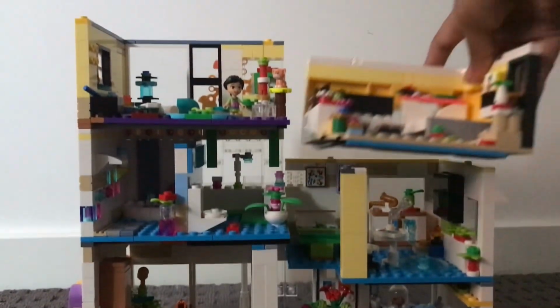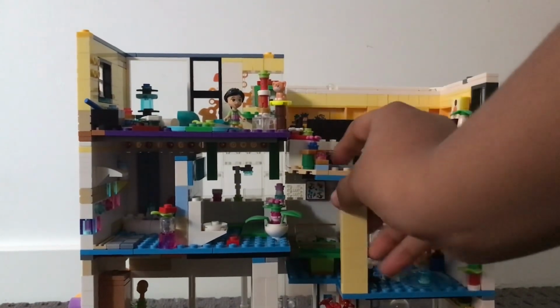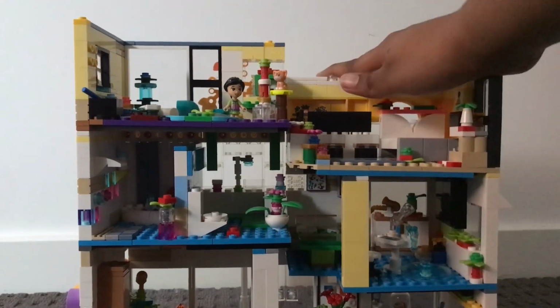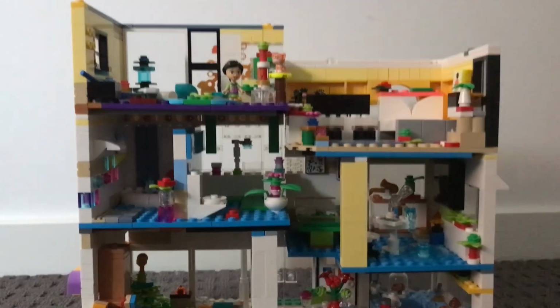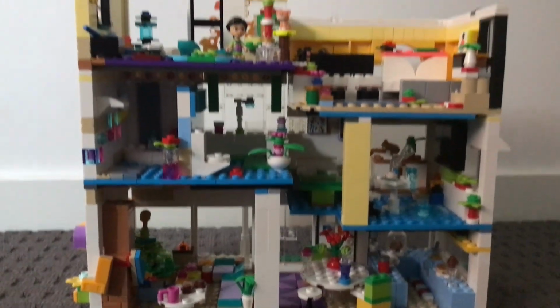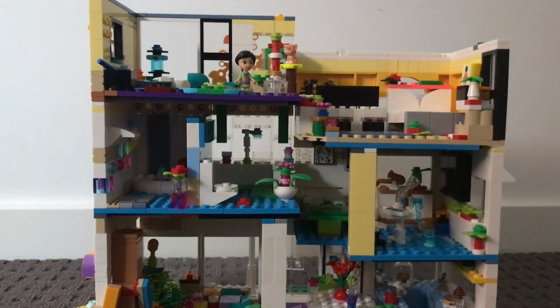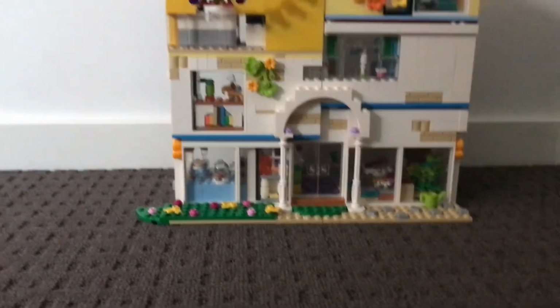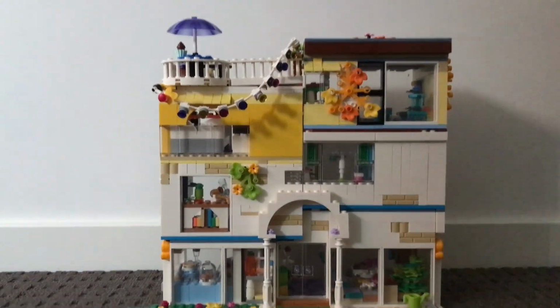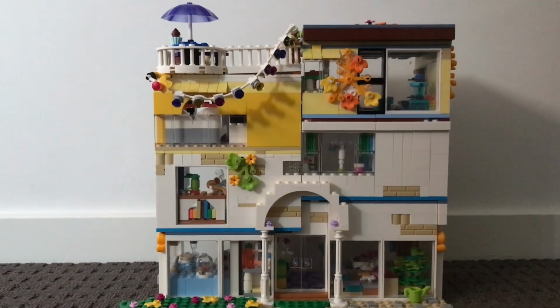And I'll have this one. Just put it all together. And as you can see, this side is much higher than the other one, and it looks a bit more interesting. And I'll just put on the rooftop. That's it. So that's the whole house now, and I hope you liked my custom build with all my little